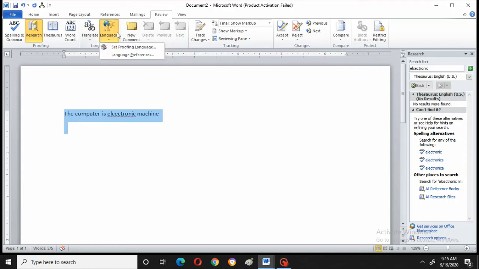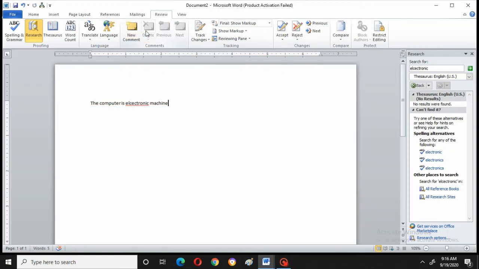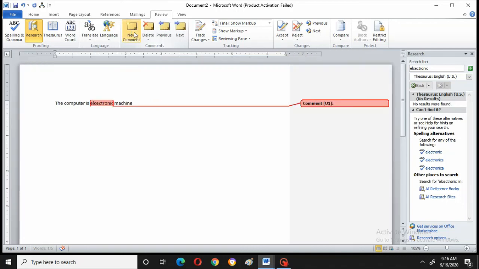This language option is also the same thing as translate. Now comment. Okay, now can you see here, when I clicked on comment, it is showing that this whole sentence has been tagged to the comment section. I don't want it like that. First I will delete and remove that particular comment. And now what I will do is, first I will take only one word and I will add a comment on it. I can add a comment only for a particular word. I can say it is concerned with electricity. I can type whatever I want.